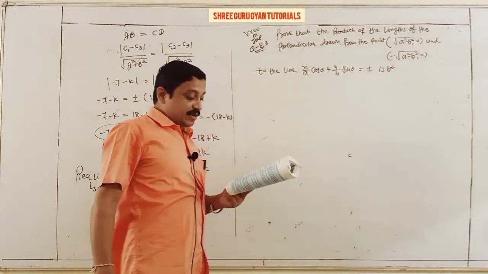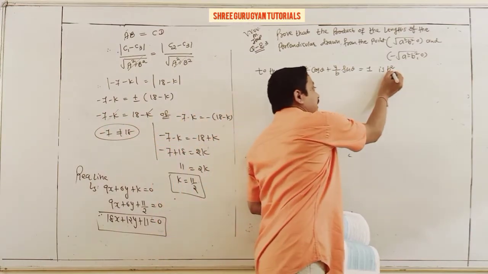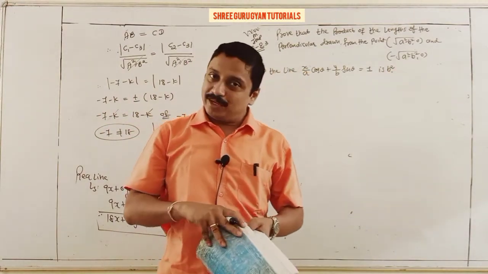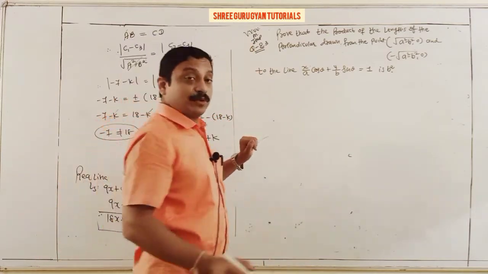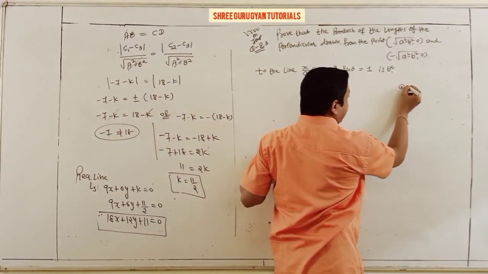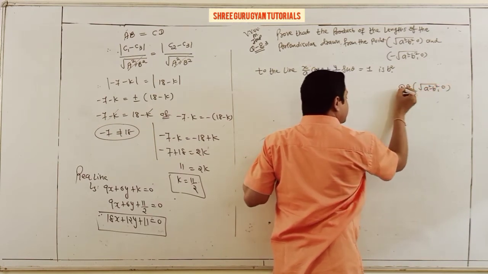X upon a cos theta plus y upon b sin theta is equal to 1. The product is b square, that is our target. Yes, this is a big numerical, but I am going ahead slowly. First, the points: one of the points is A, (under root a square minus b square, 0), and here